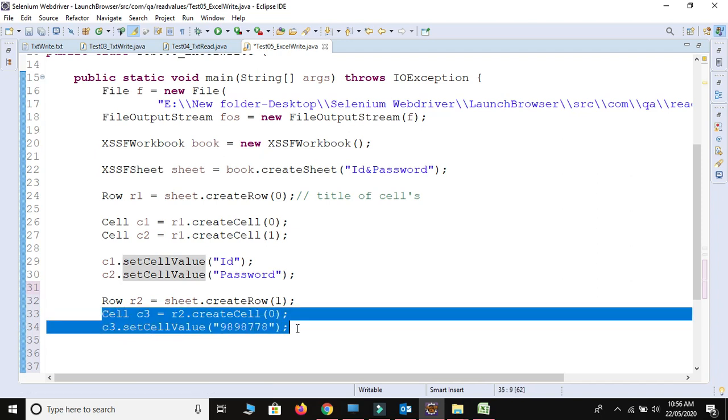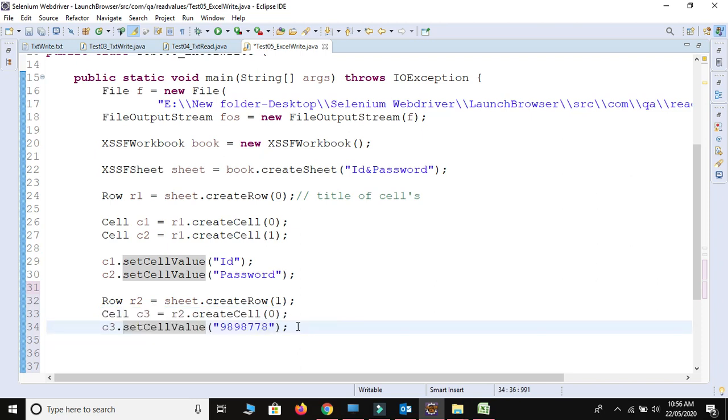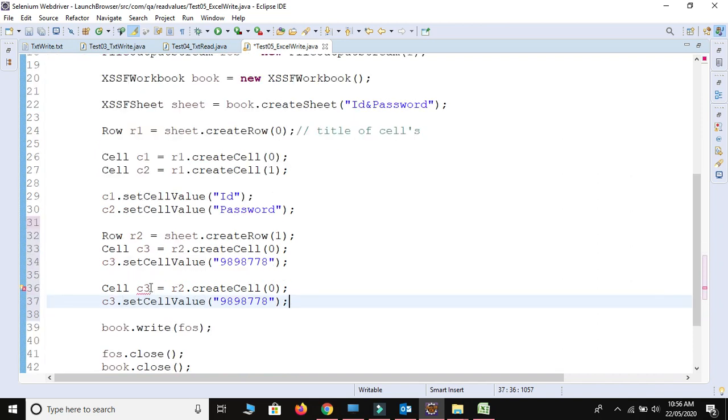Same, I will create one more cell. Not row, just paste. This is cell number 4, only reference variable. I will provide C4 dot set cell value. I will provide a password, a combination of characters, special symbols and numbers.